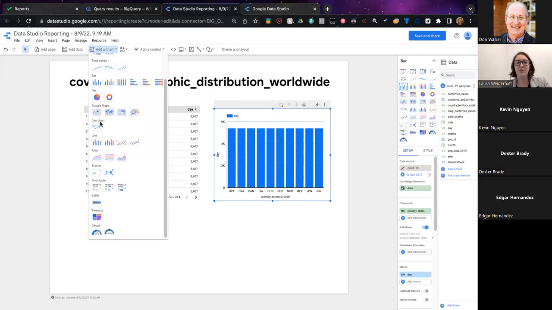You can make use of Google Maps, and this might be interesting to see if the way that the data is formatted for country, there's a geo ID, if Google Maps can be used with some of those columns. And then pivot tables, so pretty similar to things that you would be able to do in Excel for just data exploration here.